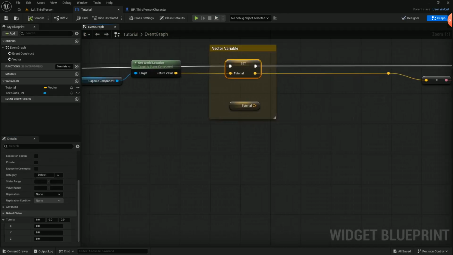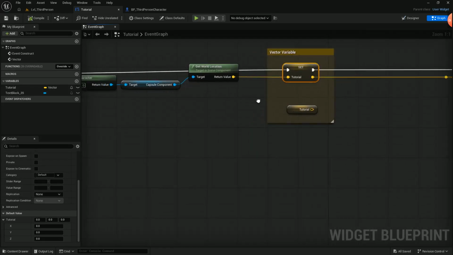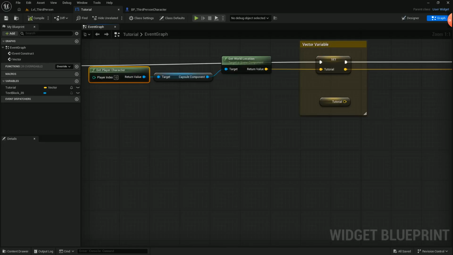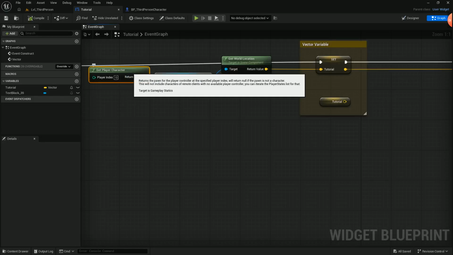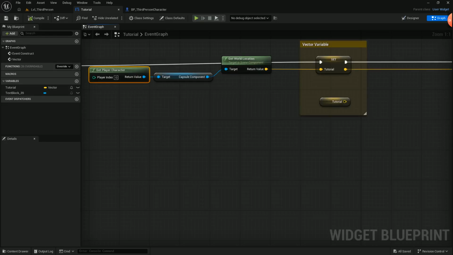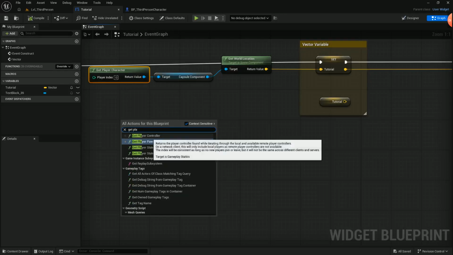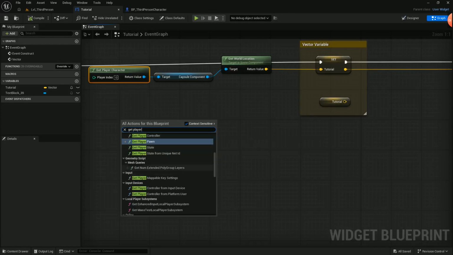All right. Now, here, what I did, we're going to use the set vector variable. Okay. And what I did was I had to communicate to the character, which is the object you just saw, the mannequin. Okay, I had to communicate with it, and I had to get some basic movements from that mannequin in real time. So what I did was go to get player character. I'll show you. Get player